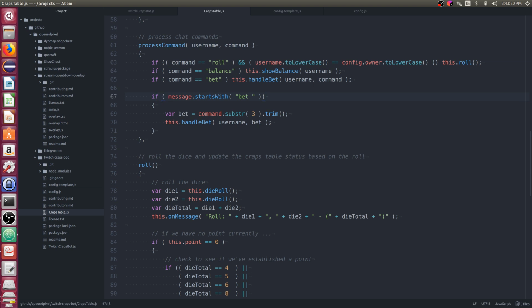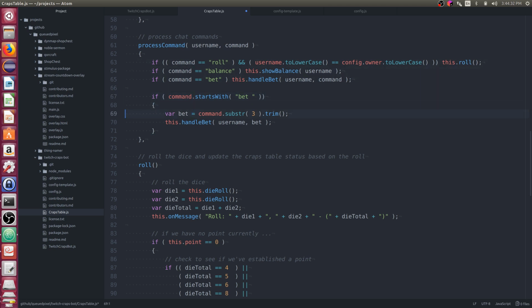If message, no, it is command in this case. We'll say if command starts with bet. Just trying to think through this a little bit here. I really like the fact that all these other things are all one-liners.